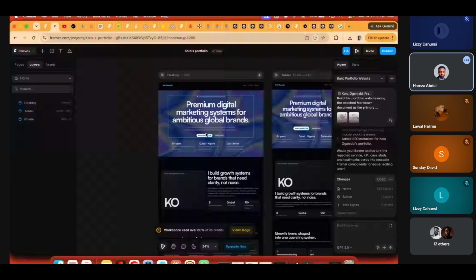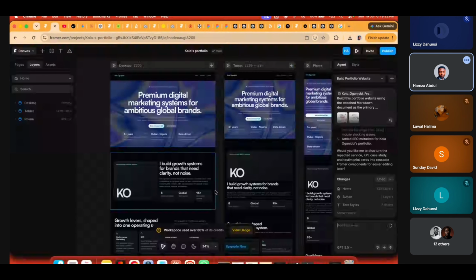Let's say the text on the hero section is too serious. Use something more playful, like Notion does.